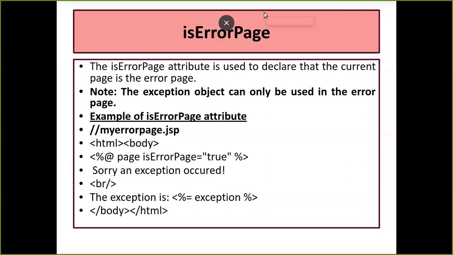Fine. We started with directive elements, where we have learned about the page directive. We still have the include and taglib directives remaining, so we are going to do them in the next lecture. In the page directive, we have learned enough attributes. We have learned about the import attribute, the extends attribute, the language attribute, isELIgnored, that is the expression language ignored attribute. Okay, so we have the errorPage attribute, is